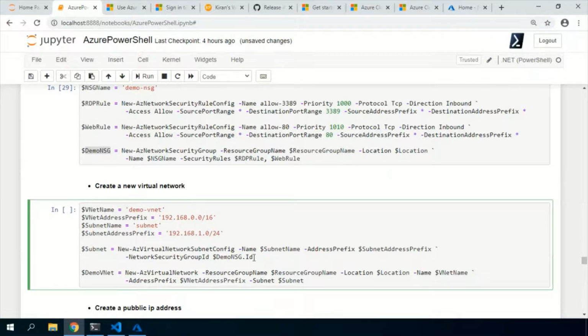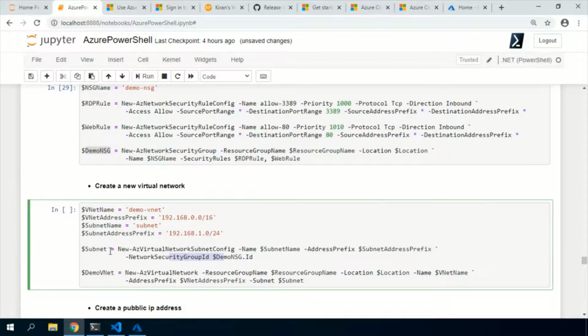First of all, you need to create the subnet, and then you need to associate that subnet to the virtual network. Right here, I want to create the demo VNet, and this is the address prefix of that VNet, this is the address prefix for that subnet, and this is the subnet name. I want to first create the subnet by using New-AzVirtualNetworkSubnetConfig. With that, I can give the subnet name and address prefix, and I can associate the NSG, right? You can also associate the NSG with your NIC, but for this demo, I'm only associating it with that subnet.